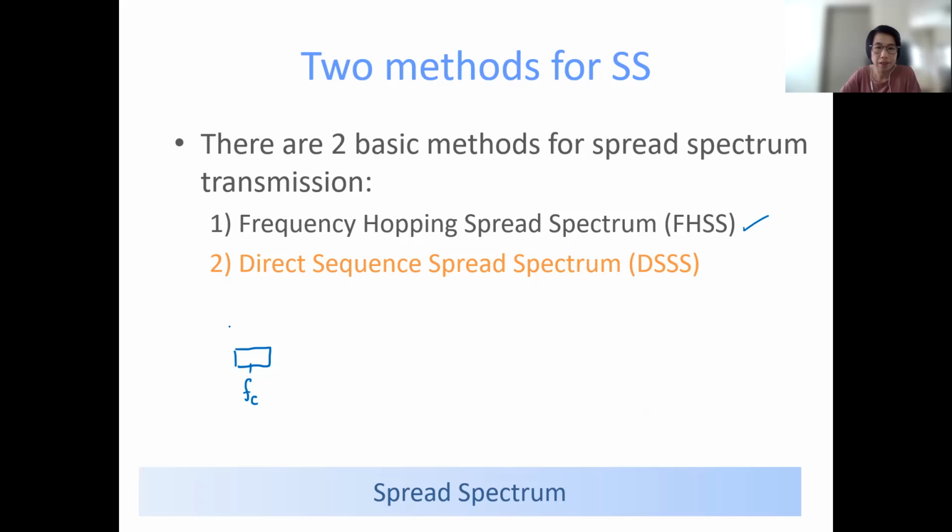Say this is the time domain and this is the frequency domain, right? And then when you want to transmit the signal, there is a data sequence modulated with the same carrier frequency. But when you transmit the signal using frequency hopping spread spectrum,